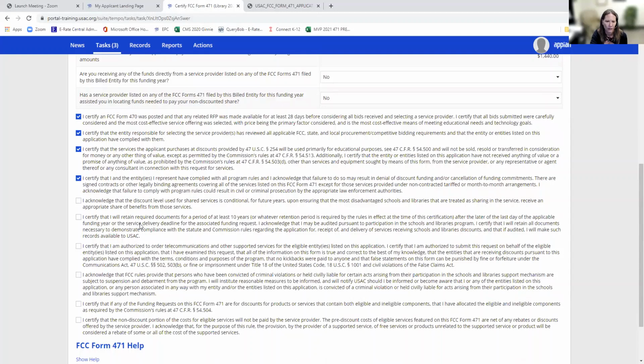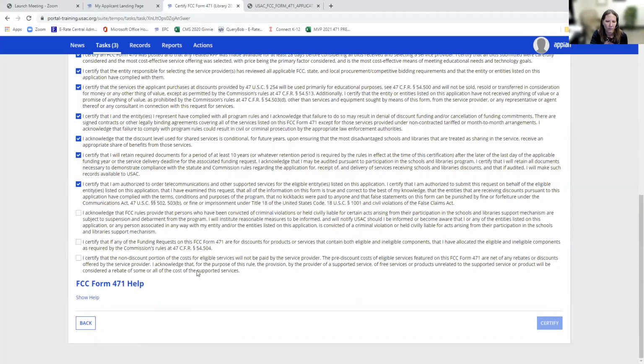You acknowledge that the discount level used for shared services is conditional for future years. So your discount rate can change. Certify that you will retain required documents for a period of at least 10 years. You will certify that you are authorized to order telecommunications and other supported services for the eligible entities. You acknowledge that FCC rules provide that persons who have been convicted of criminal violations or held civilly liable for certain acts arising from their participation in the school and library support mechanism are subject to suspension and debarment from